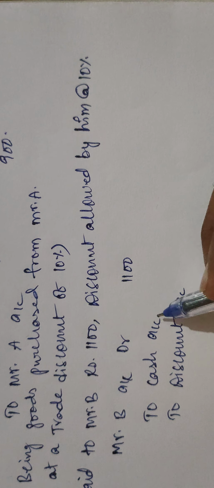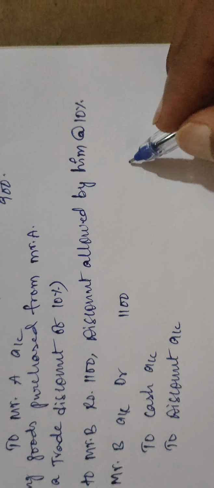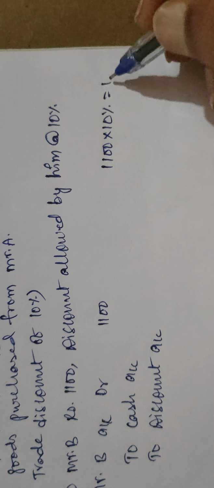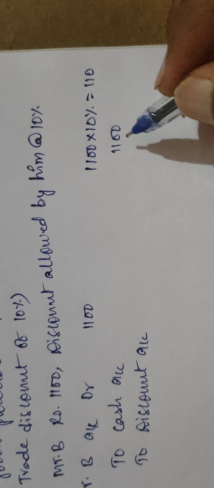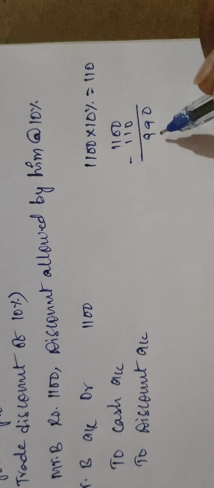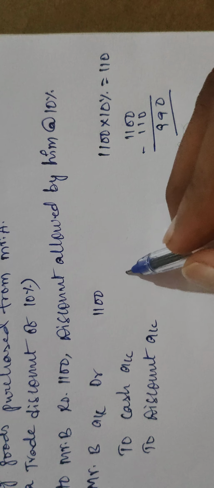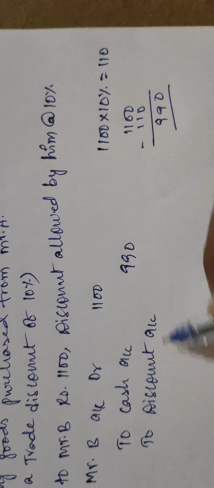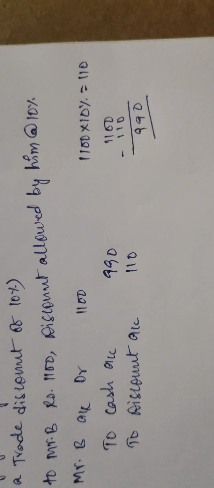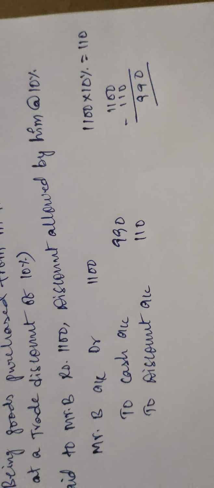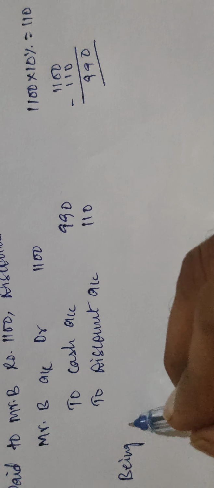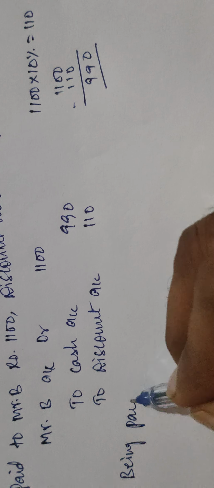See here how much cash we can pay. We can pay only 1100 minus 10%, that is 110. 1100 minus 110 is 990. We need to pay only 990 as cash and 110 as discount. Then it should total 1100, being paid to